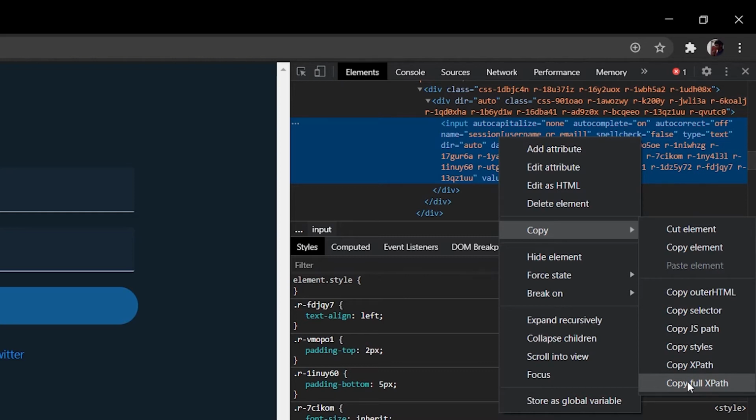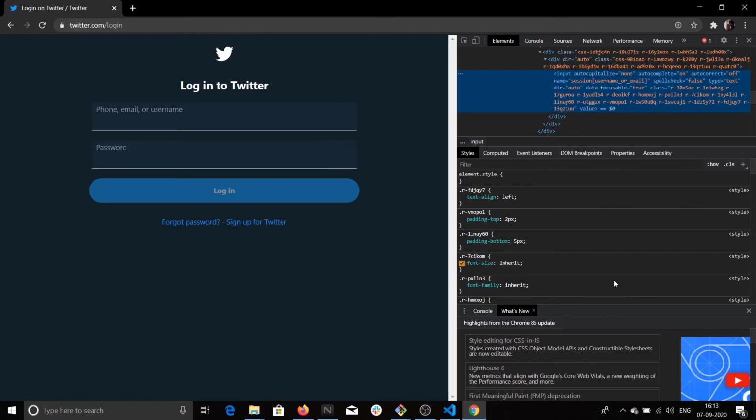If you have any problem finding the XPath, then you can copy it from my Python program. Its download link will be in the description. These XPaths will work fine for you. But if in future Twitter changes the way it implements its frontend, then these might not work and you might have to find these XPaths on your own.